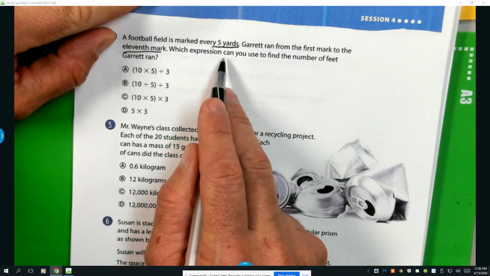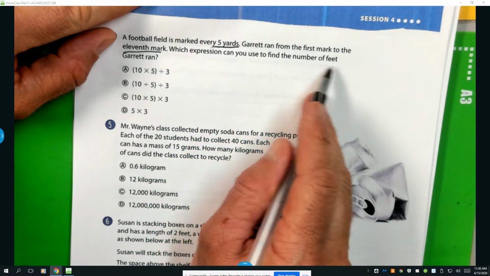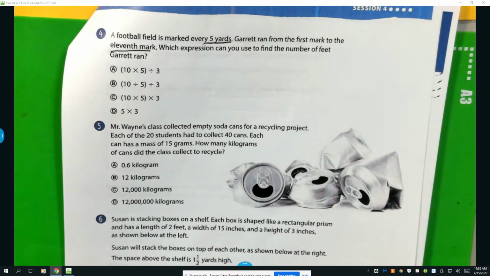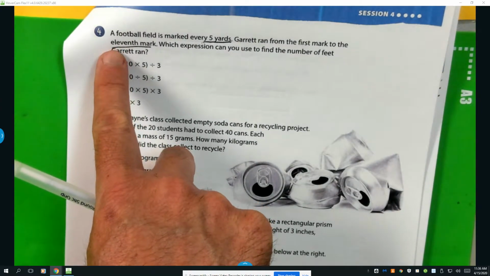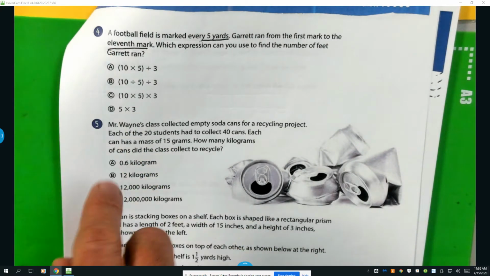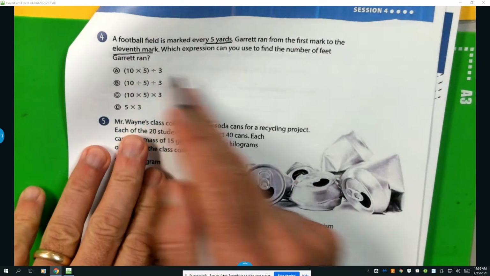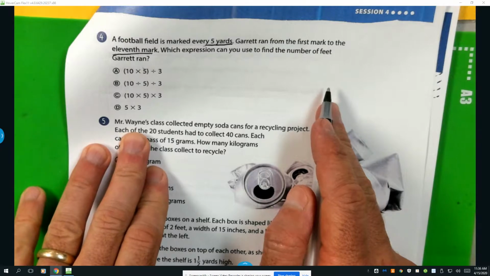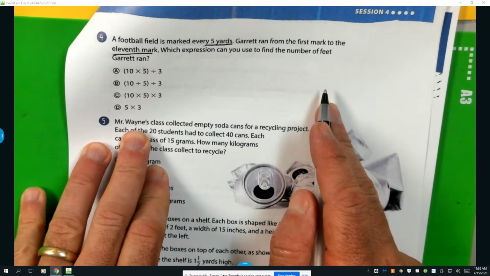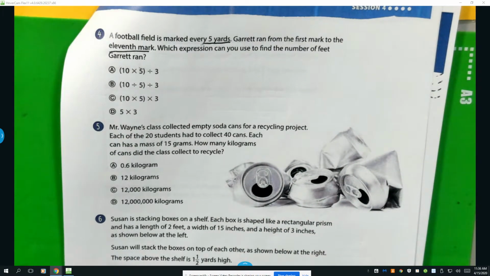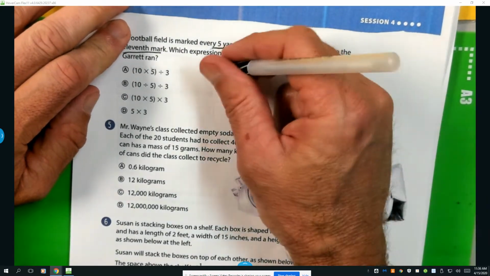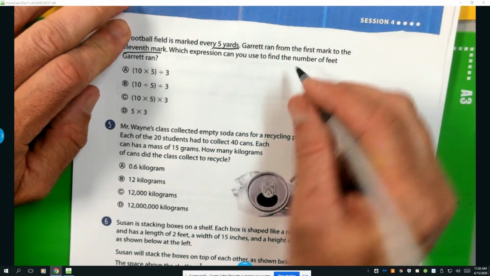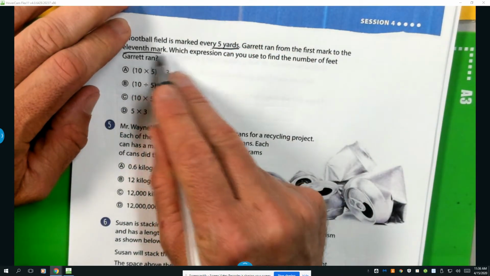Which expression can you use to find the number of feet Garrett ran? Okay, notice they didn't use an 11 in here because that's the first mark. So he actually only ran the difference of 10 marks on a football field. Okay, so Garrett did what? He went 10. Okay, he ran 10 marks